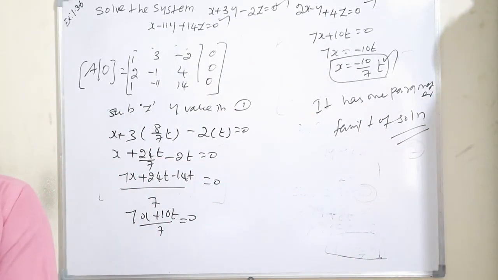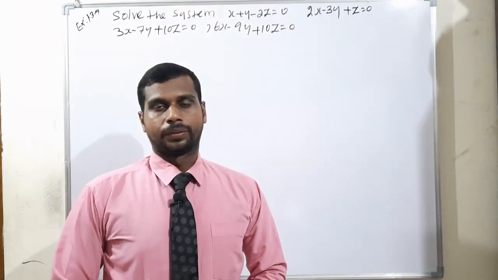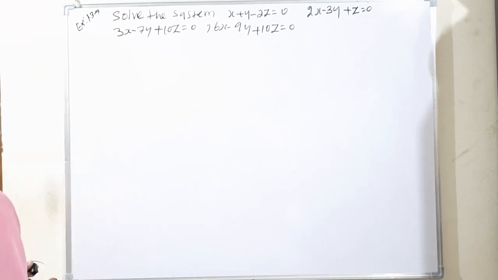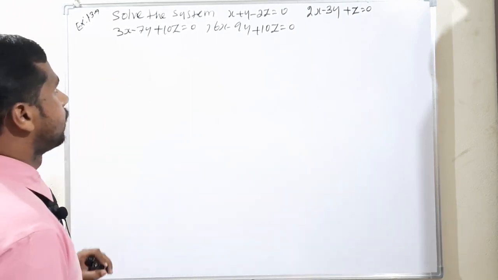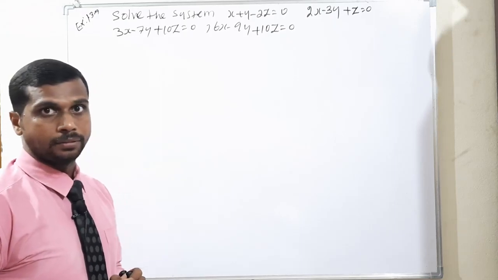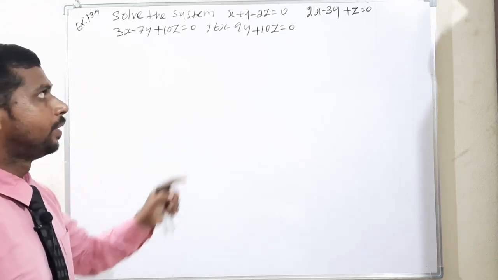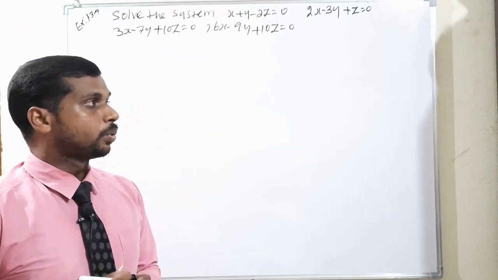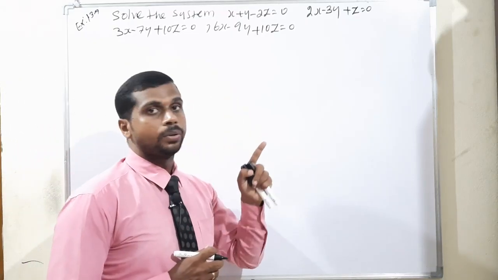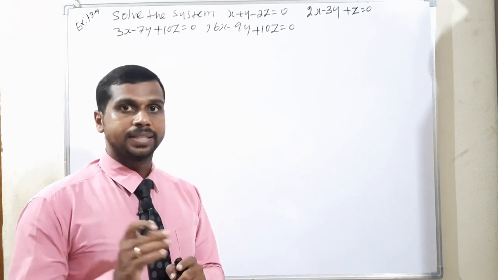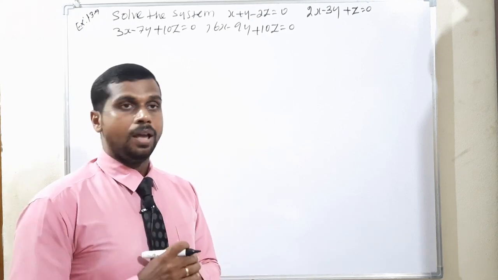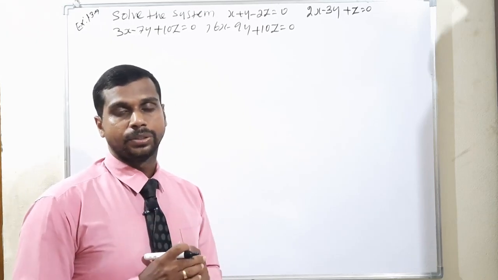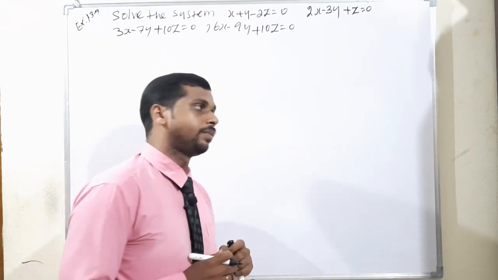So I will continue with the next example, example 1.37. Solve this system; they have given 4 equations. First we have to check whether it is a trivial solution or non-trivial solution. Already you know, trivial solution means first determinant of A is not equal to 0, which means A inverse exists. That is the first condition. Then x is equal to 0, y is equal to 0, z is equal to 0,